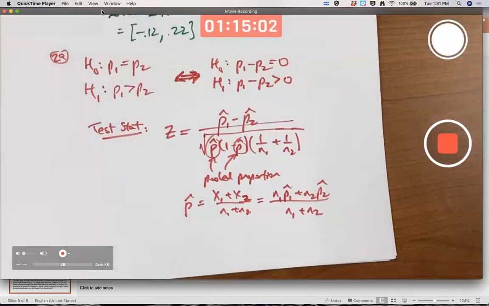So I didn't finish the problem here, but that would be the formula you use to finish the problem. I do believe in this problem you get an extreme z statistic and a small p-value when you reject the null. I'd be very surprised if that didn't happen.